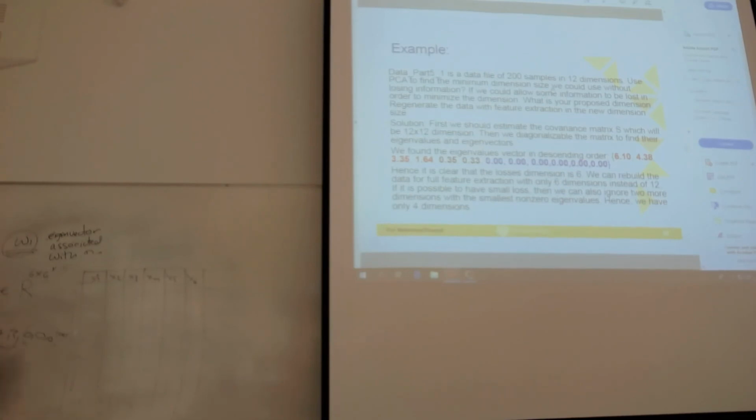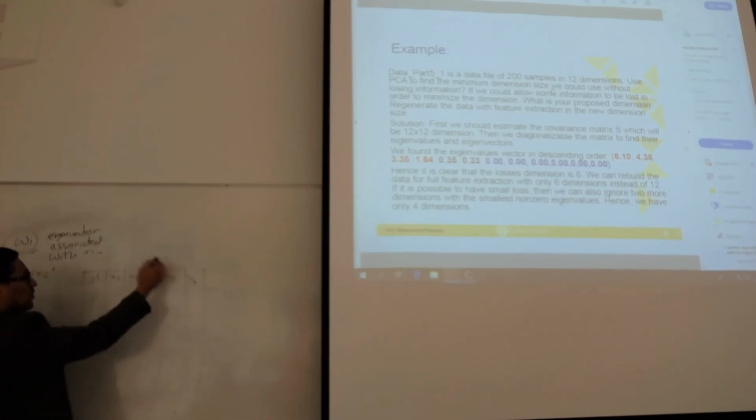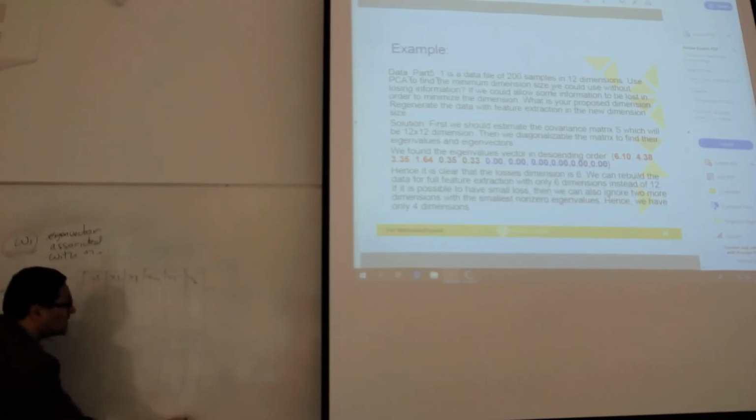Then they built W correctly also. So W contains the vectors W1, W2, and W3. W1 is the eigenvector associated with 5, W2 is the eigenvector associated with 7, W3 is the eigenvector associated with 3, or you can, of course, sort them, starting from the maximum, for example. Everything is fine. But when they came to apply, they made a big mistake. They said, okay, the last 3 don't have information, so they removed those. This is a very big mistake.